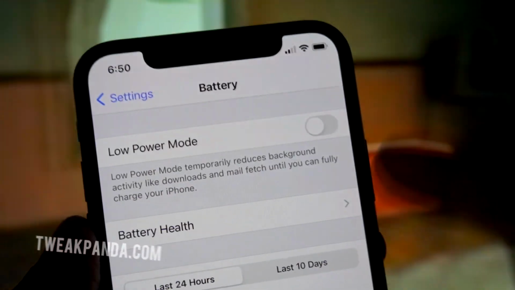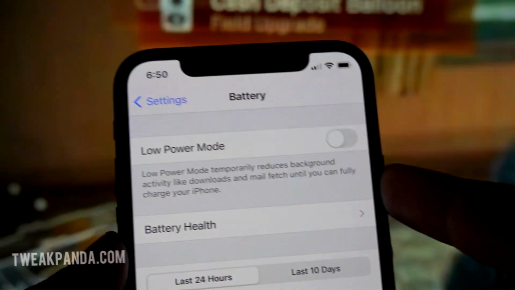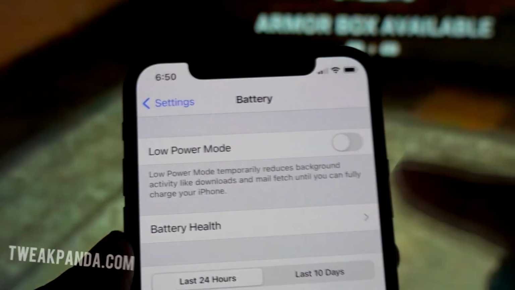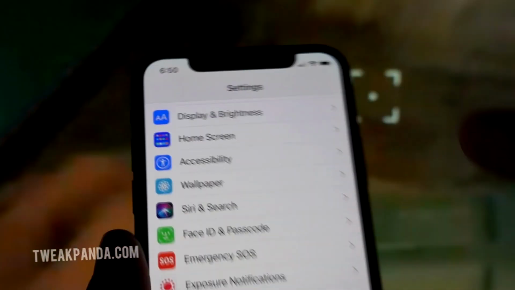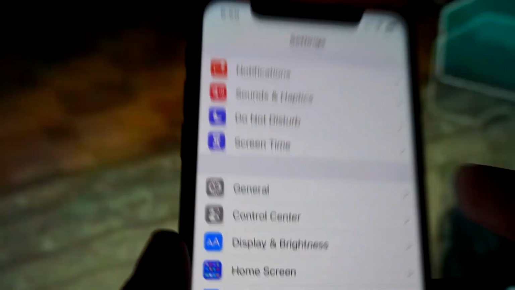And this step is for both Android and iOS devices, in which you have to make sure that your power saving modes are off. Otherwise, if they aren't off, your downloading process will be affected. After that, proceed to step number 2, in which you have to go to your general settings above control center,